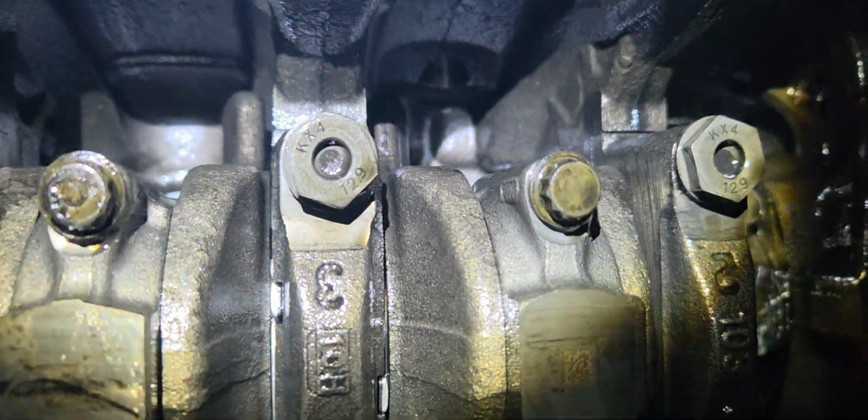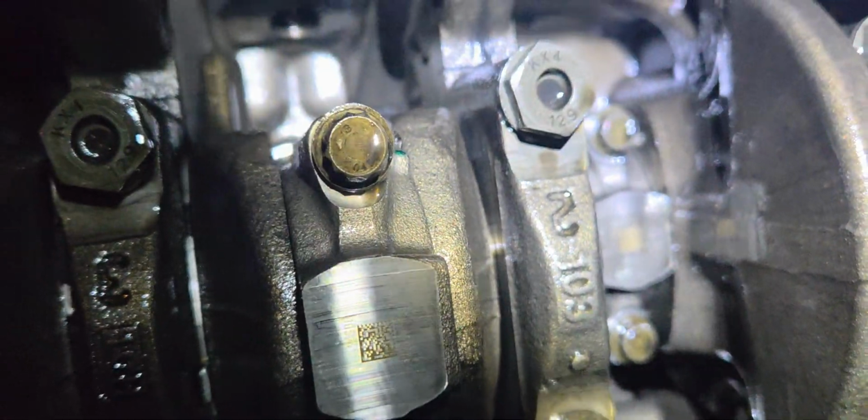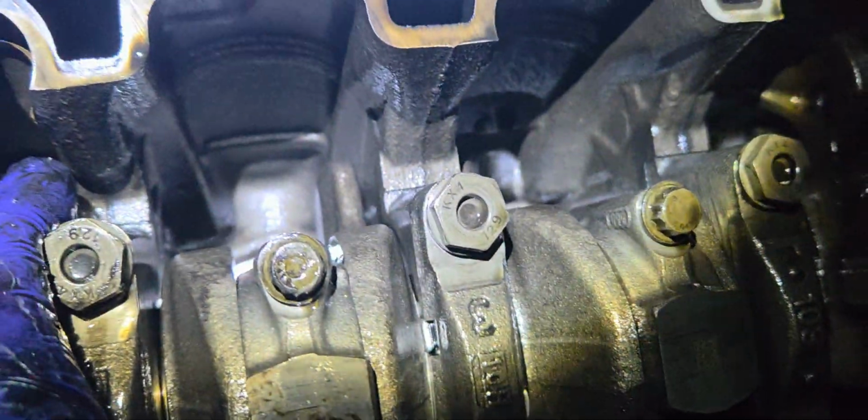In this engine the piston ring is very worn out. So when the piston rings are worn out, the result will be